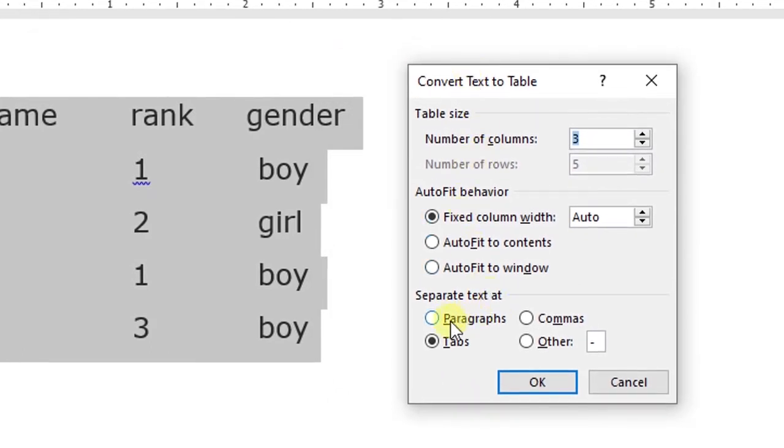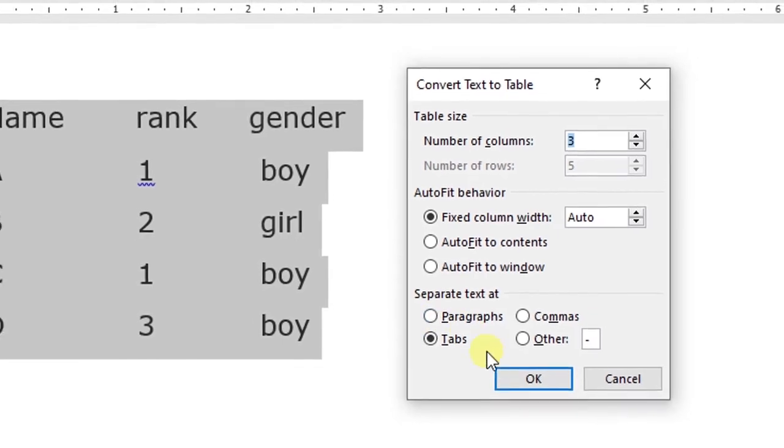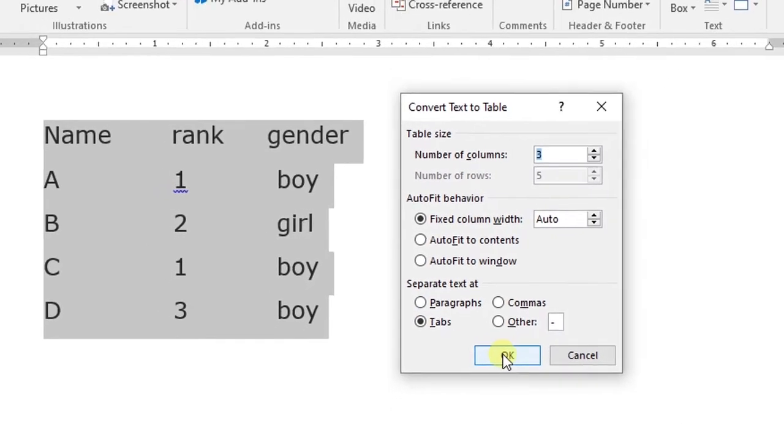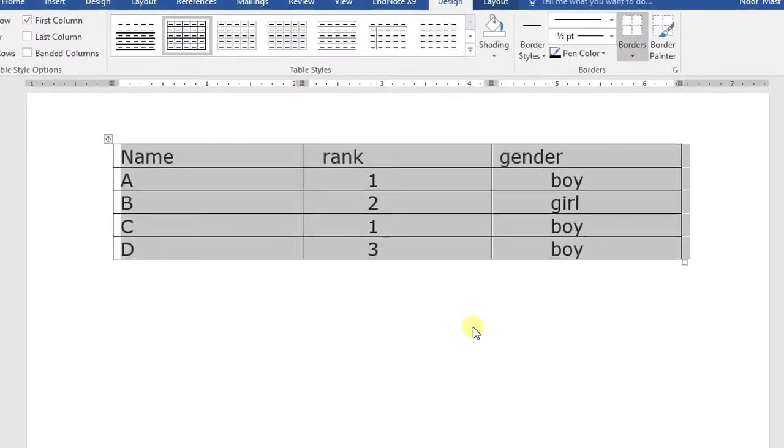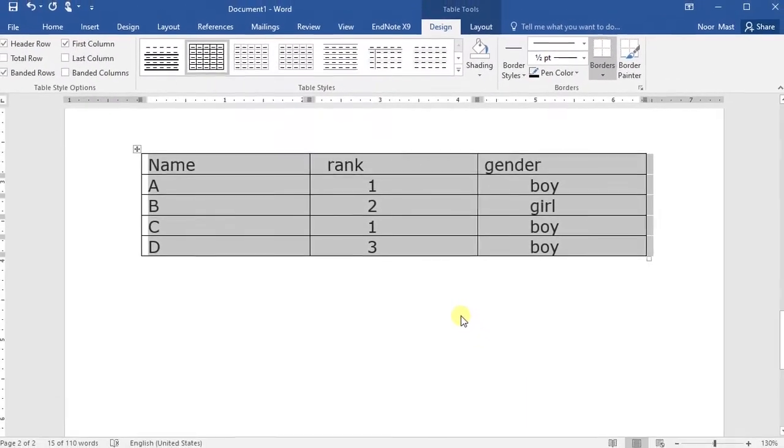Here, under Separate text at, select paragraphs, commas, tabs, or any other character that you want to use as a separator to mark the columns. Our text is separated by tabs, so we have to use the tab, and then click the OK button, so the text will be converted into a table.